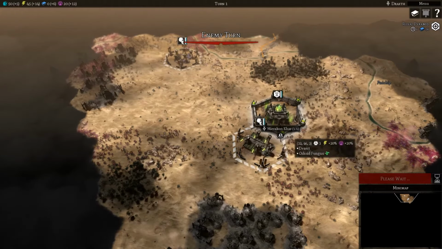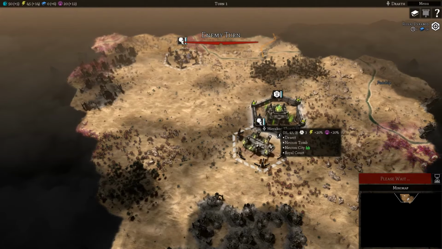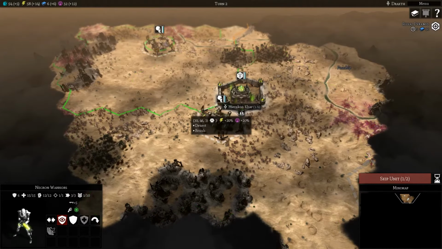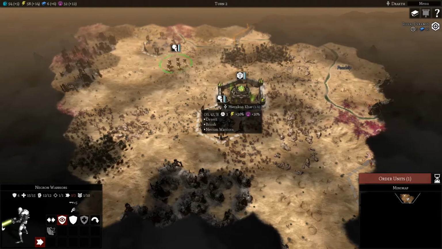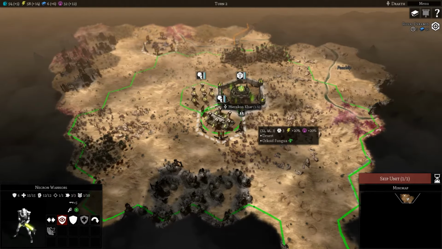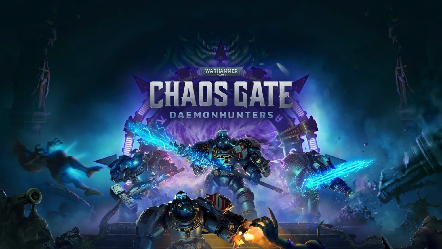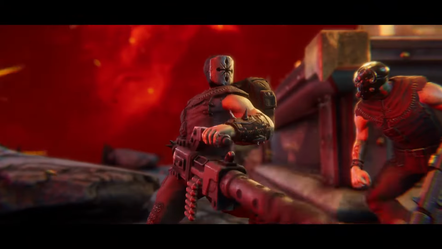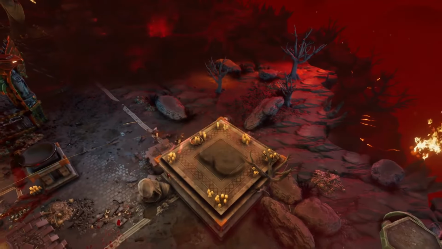No distractions or padding, just hard, unrelenting 4X war where every turn is a decision about movement, production or destruction. If you want strategy without the frills, where faction identity actually matters and map control is earned, not given,